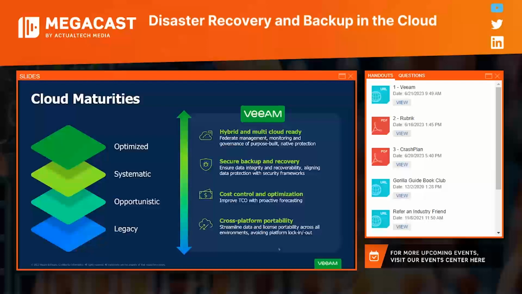And then again, that cross-platform portability: where a workload lives now, who knows where it's going to live in the future. Veeam's focused on being as minimally prescriptive, zero prescriptive, as possible with regards to your data locality. We'll deliver you the tool set to migrate, backup, recover, and move your workloads across any of these environments, right? It's this data, this app mobility, cloud mobility.